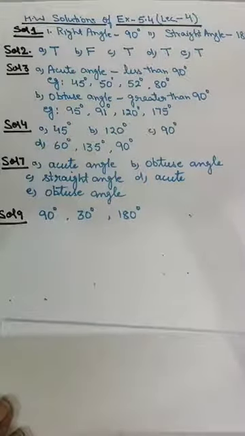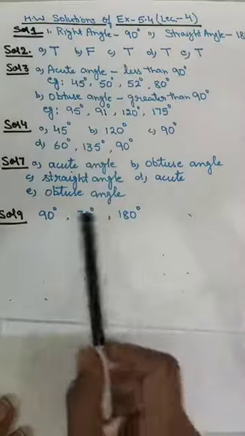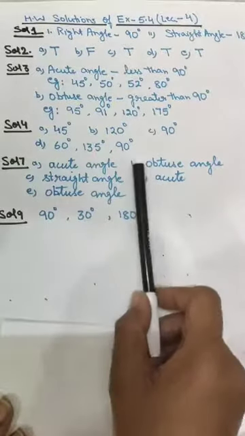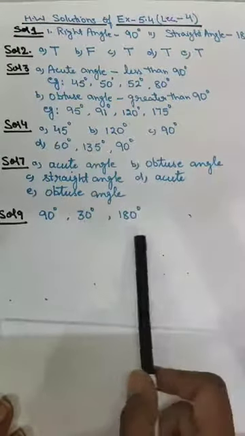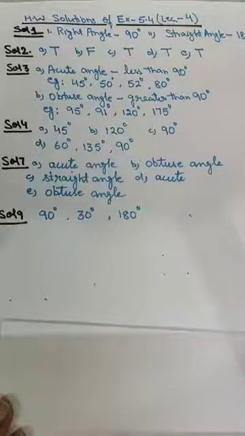Question number 4 is, measure the angles given below using the protractor and write down their measures. Here I have written the measure of all the 4 angles given in the book. Okay, that's why I asked you to do these questions in the book itself. Question number 5 and 6 are about which angle is larger. First of all, you have to estimate and then you have to measure. That you can do yourself. Estimation is different for every student, and then you have to measure which angle is greater and which one is smaller.